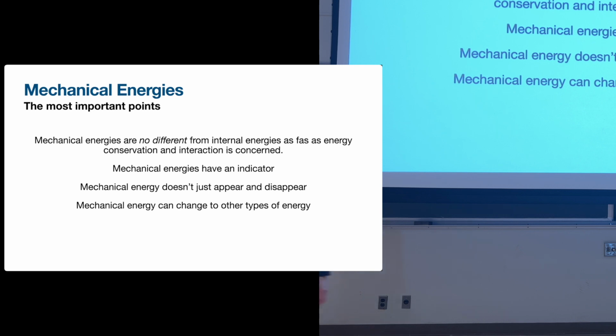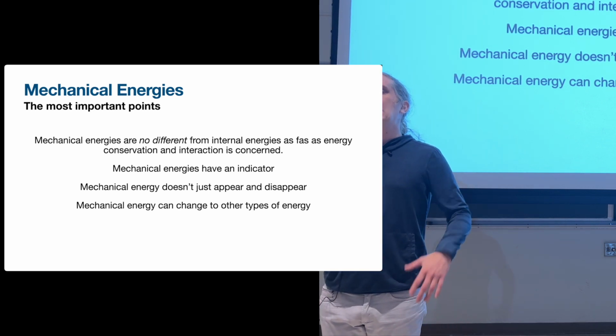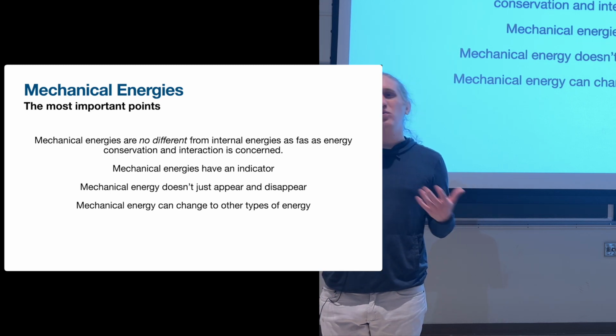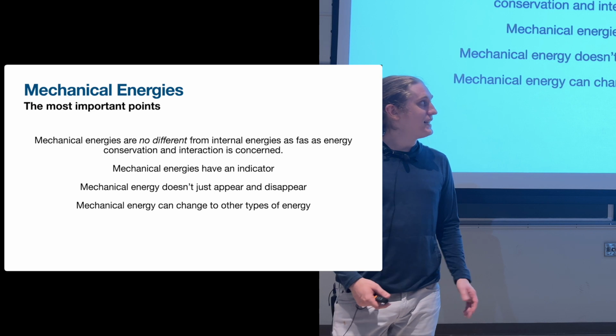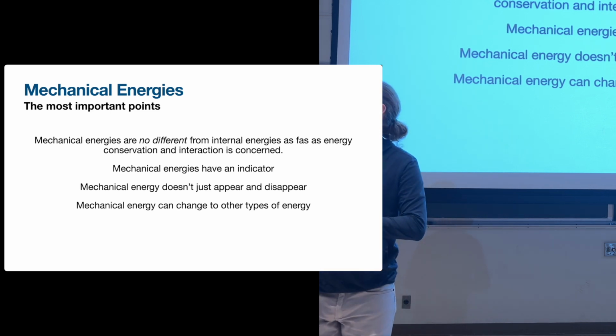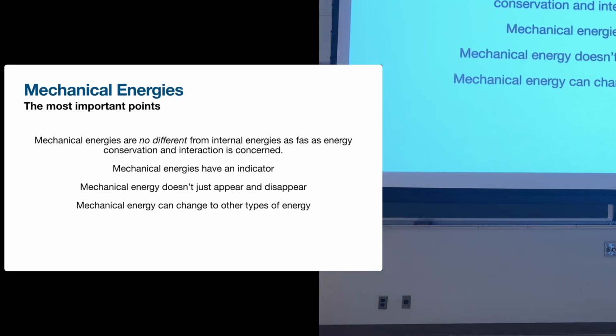So we are now going to move on to a new kind of energy. I say new kind of energy, but I don't really like that framing because there's nothing new about this. We call them mechanical energies. It's just a different category of energy. But I want to start by talking about the ways they're exactly the same as the energies that we've already seen. And that's these. Mechanical energies are no different from internal energy